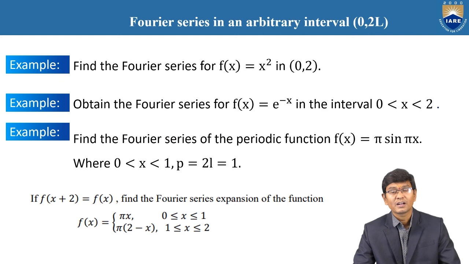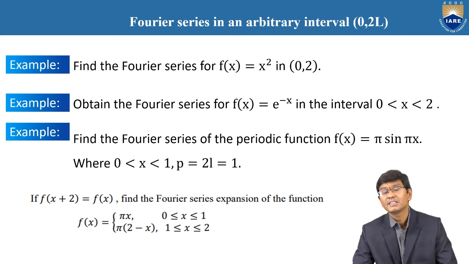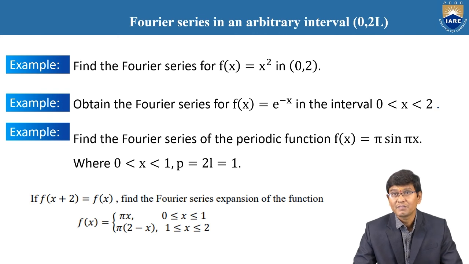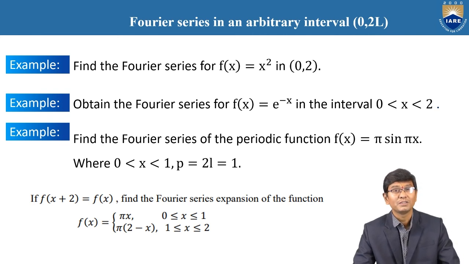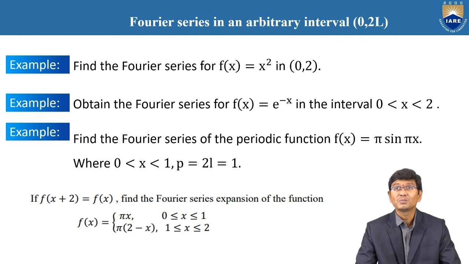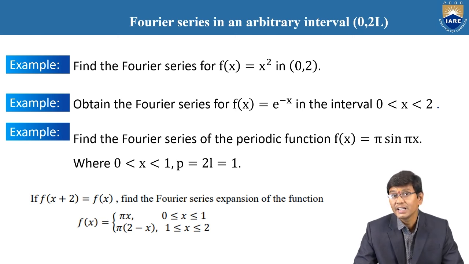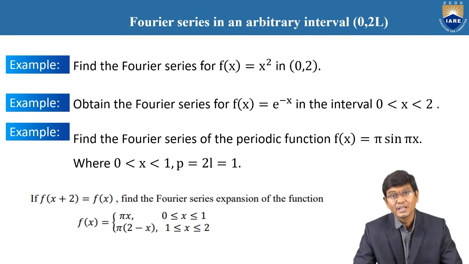And now, the next problem: in between 0 to 2l, find the Fourier series for f of x is equal to x square in between 0 comma 2. While you are observing here, it is clearly 0 to 2l, but don't misunderstand, the limits are not 0 to l only. It is clearly 0 to 2l only. While we compare here, l is equal to 1, clearly we explain, but we are not going to concentrate on the function being an even function.